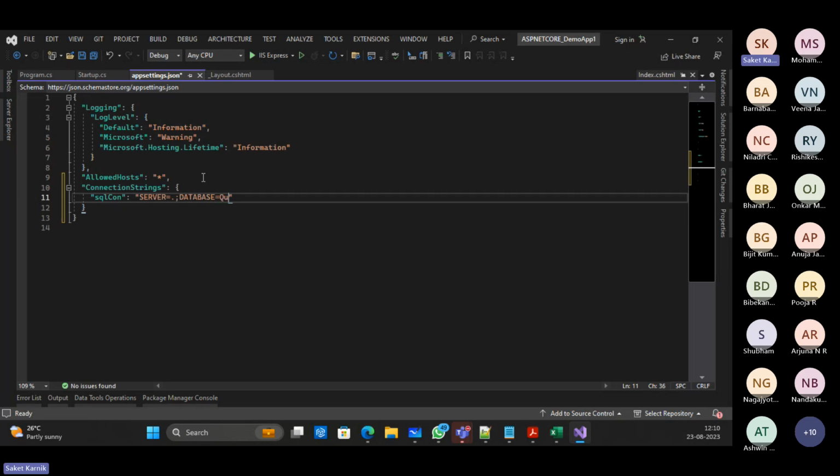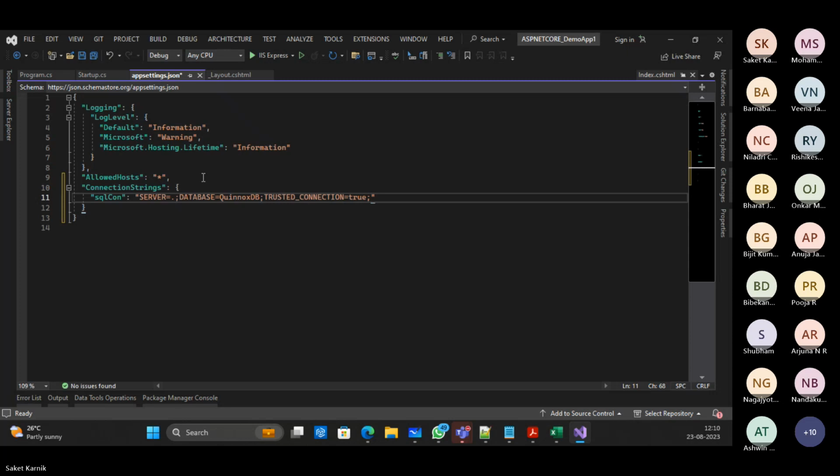Let's say call this as Quinnox DB. I'm looking for integrated security to be used. So I just say trusted underscore connection equals true,